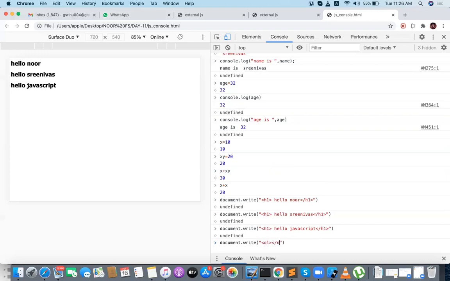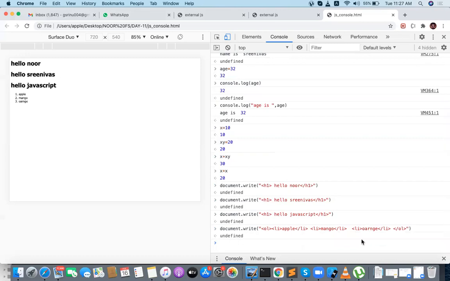Okay, so can I take a list item there? OL, LI, Apple, mango, orange. Okay, can you see the output of this?